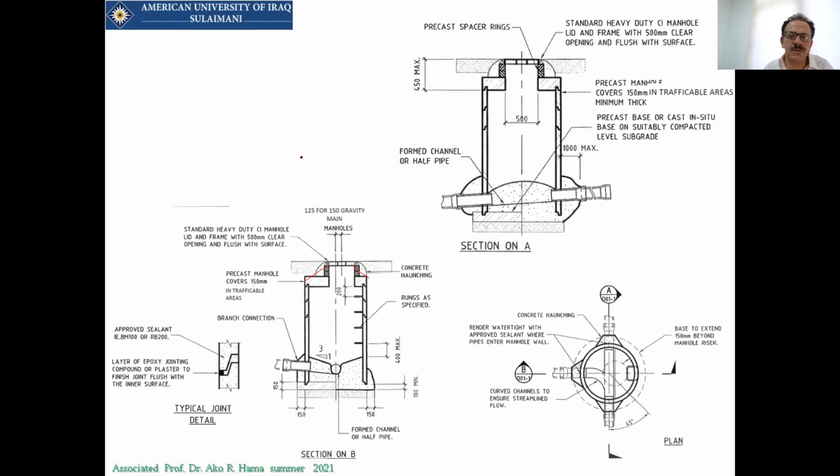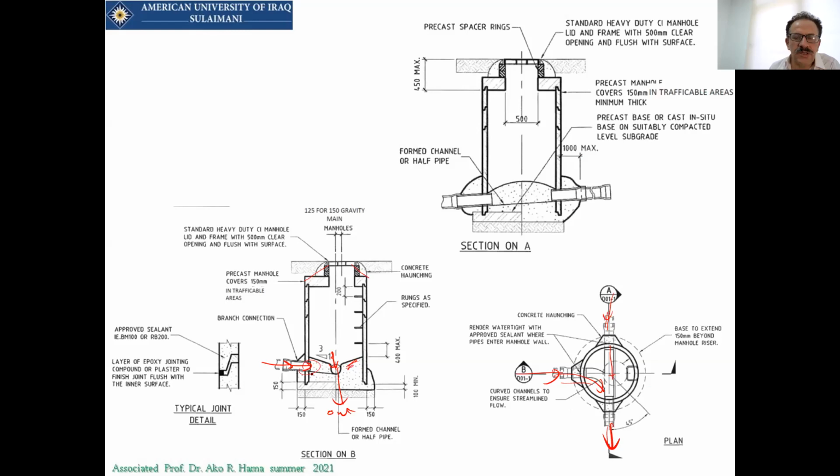Precast means it will be cast outside of the site, and it will just be put in the excavated site, and you just have to connect the sewer. This is the in, and this is the out. This is if we have just one in and one out. We want two in and one out. This is the in, we have another in here, and there will be another out. So look at the direction.